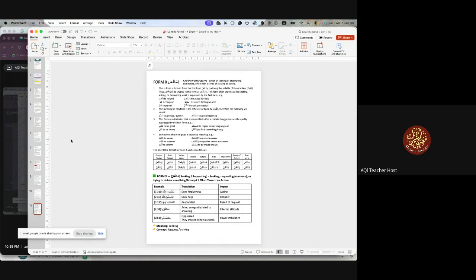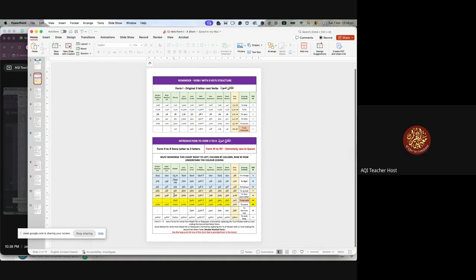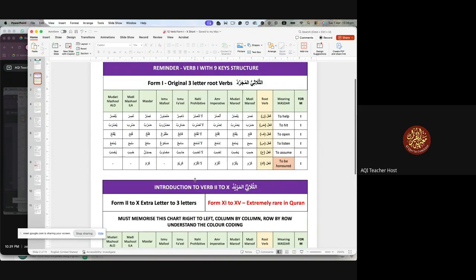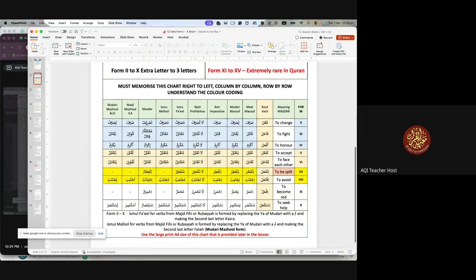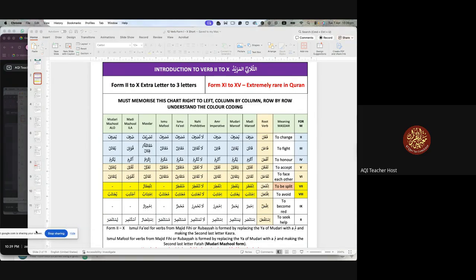Now why did I bring this, my dear brothers and sisters, in advance? In advance, I'm telling you, you have to memorize this chart. You remember before, it was half of the page with module 1, 6 verbs for one family, and all this. I have separated this. So all of module 1 is on one page, which we do not need to spend much time on, but this one has to be done. So what I am doing now is screenshotting it and sending it to this group.